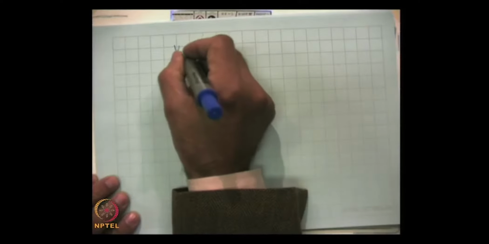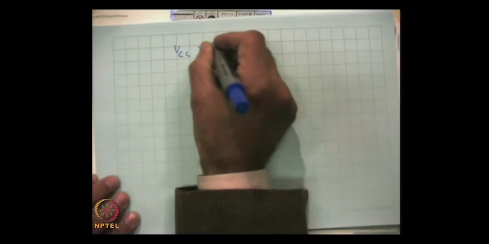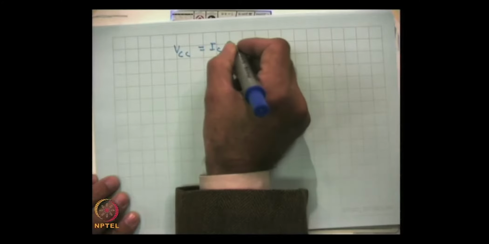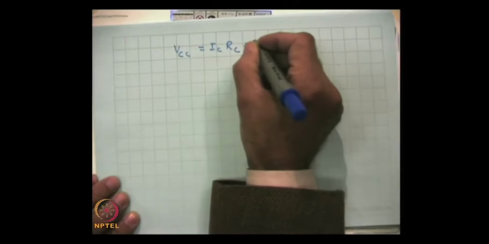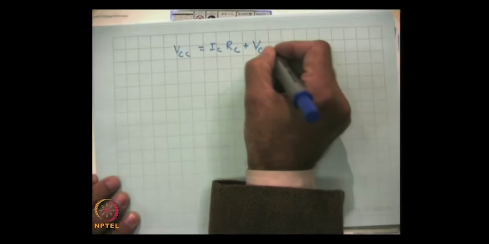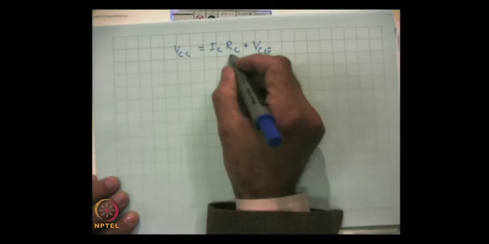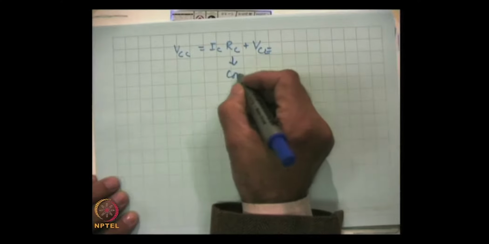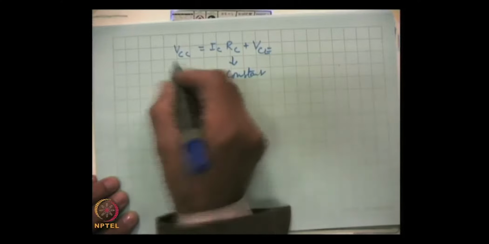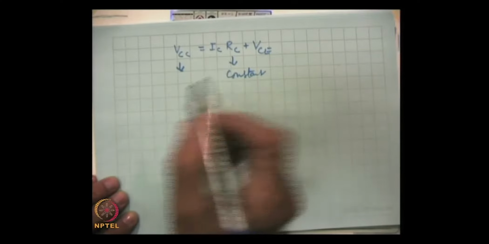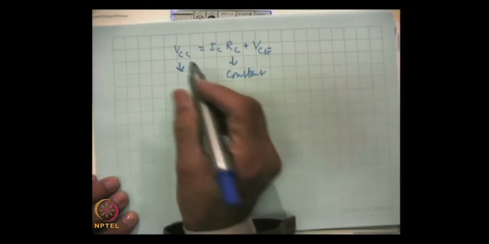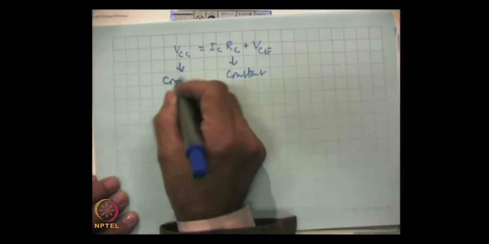So, we get VCC equal to IC RC plus VCE. Now, here RC is constant, VCC, this is the battery, which is also constant,